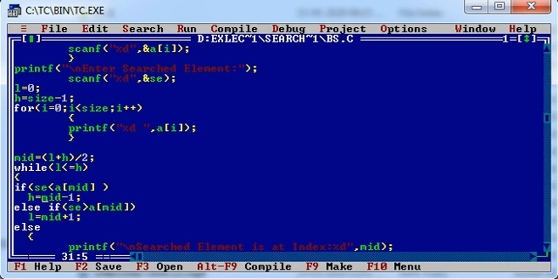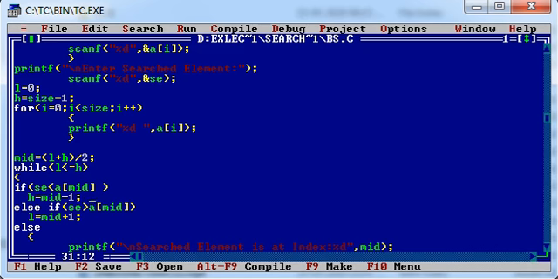So now we don't need to compare the elements available in the right portion of the existing original array. If the search element is greater than the mid element, then we can say that the element to be found is available on the right portion of the array. So we don't need to compare the elements available in the left portion of the array.